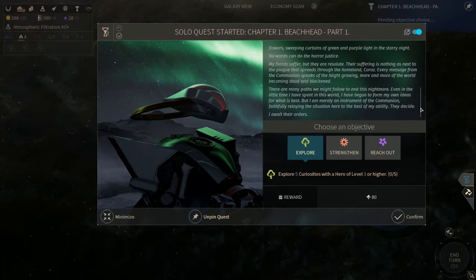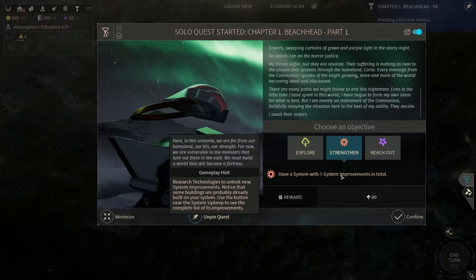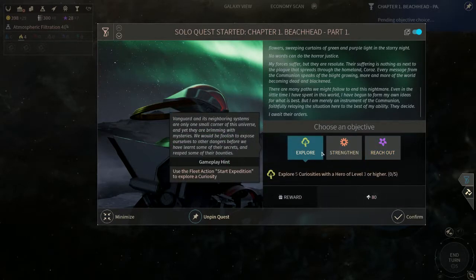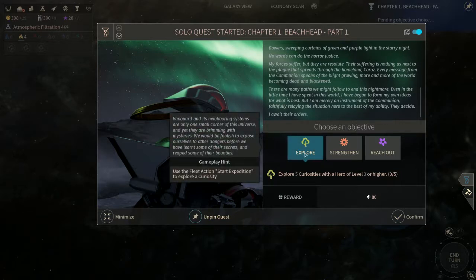All right. So, I think our key right now, have a system with 9 system improvements, reach 50 points in relations. I think our key right now is exploration. We need to look around, get our bearings, figure out what all this dang old weird universe is about. Use the fleet action start expedition to explore curiosity. Okay, so we got to...